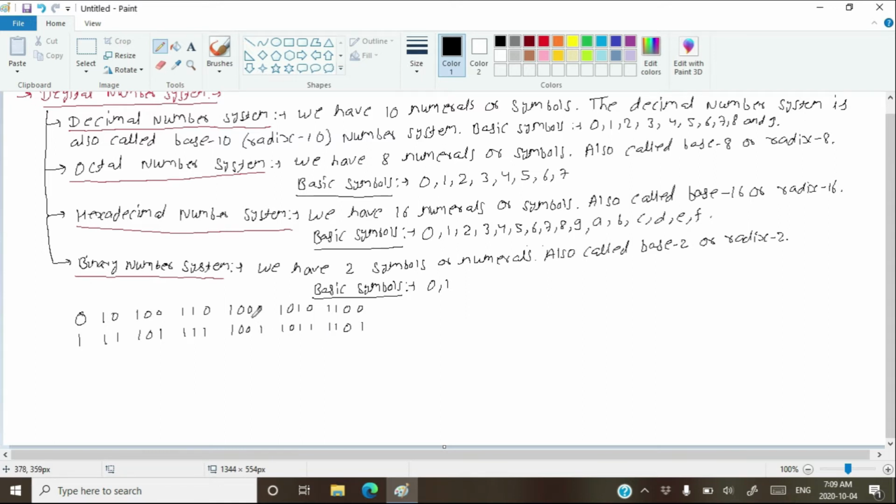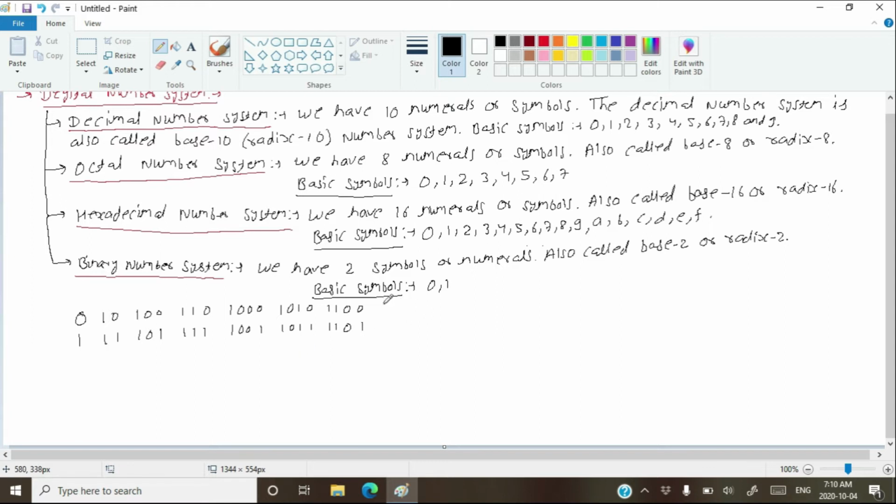So as you can see, we are now repeating everything. That means after exhausting three-digit numbers up to 111, we came to 1000. Then after reaching 1000, we went to 1001. Then after 1, it comes 10, therefore it is 1010, and after 10 it comes 11, therefore it is 1011. After 11 it comes 100, therefore it is 1100, and after 100 it comes 101. So this is how we are continuing our counting as we are used to doing in the decimal number system.